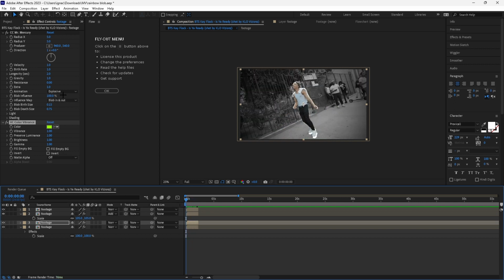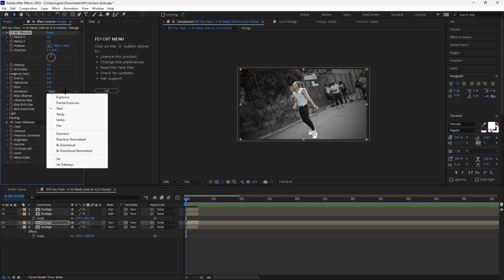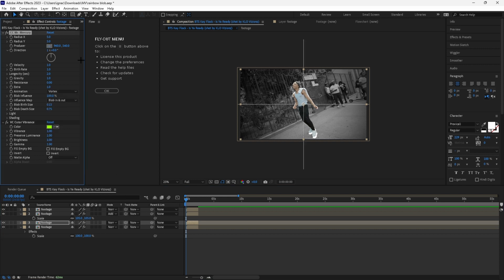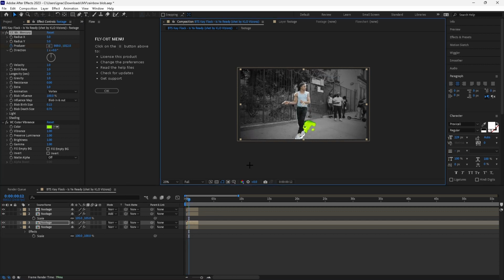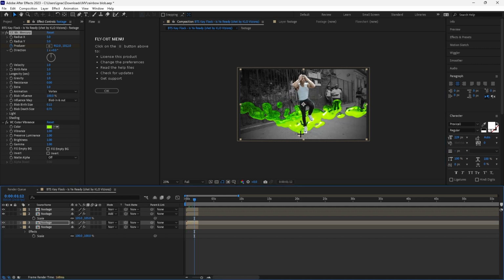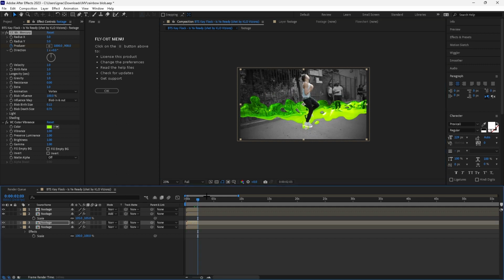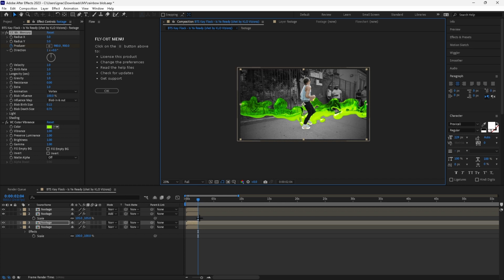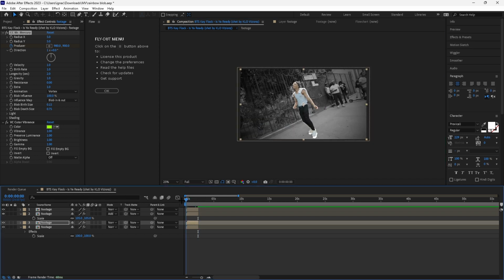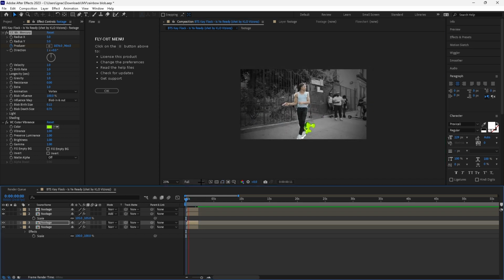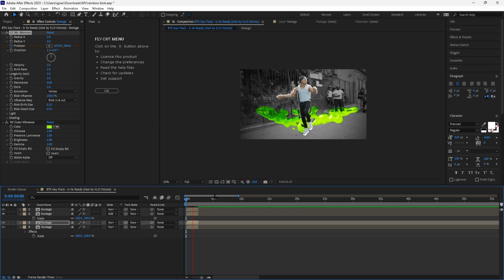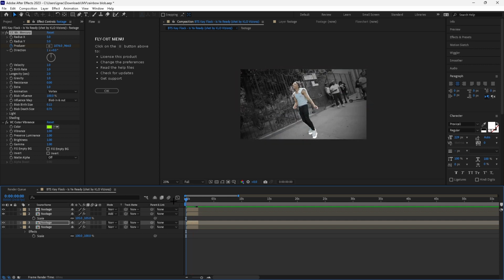You're going to want to set the animation to Vortex, and then on the producer, set it to where the person's feet are. You want to track it. So you already kind of have an effect, something like that.